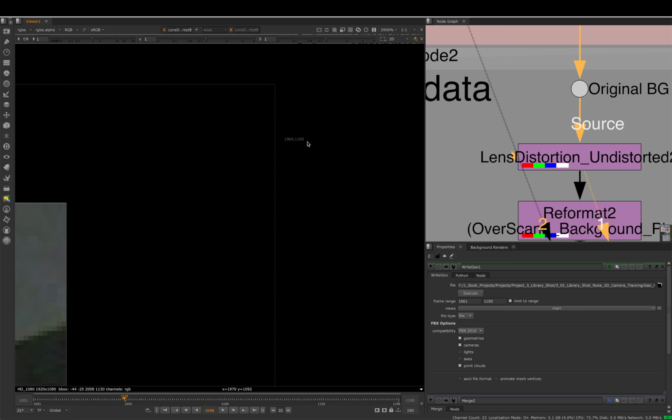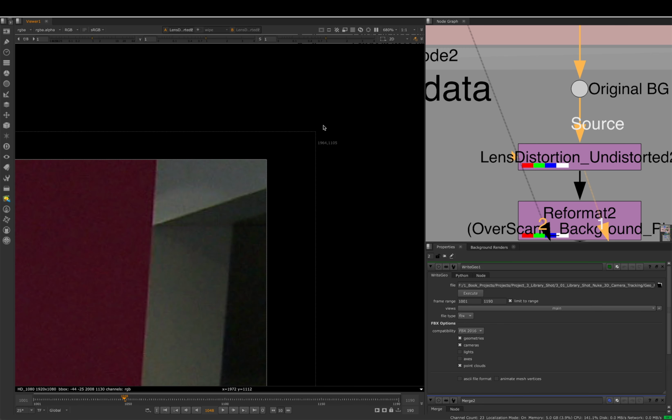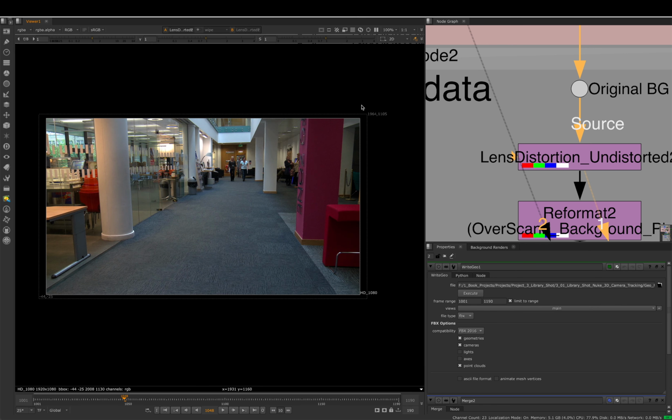And we can see numbers here, 1964 by 1105, X and Y. In the lower left corner, we also have X and Y numbers, 44, 25, extended from this point to here. So we need to add this number plus 44 for the x-axis, and also this number is y, 1105